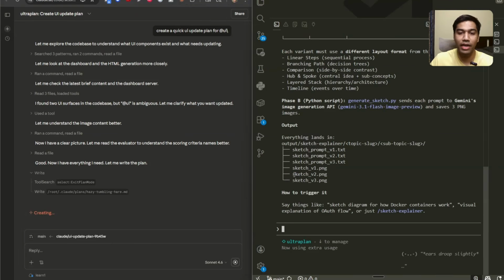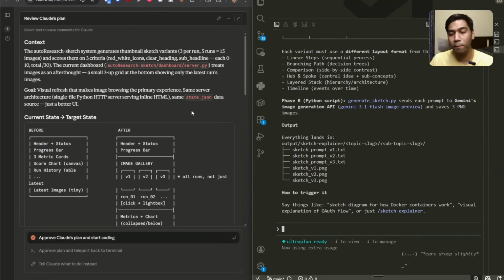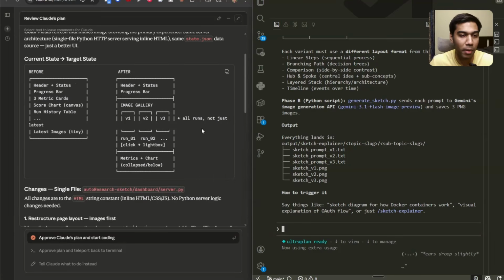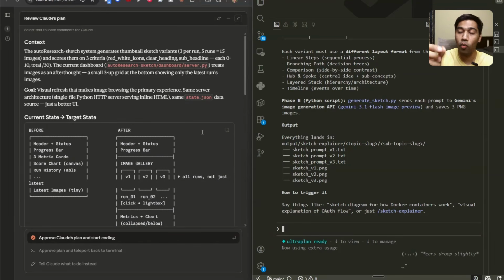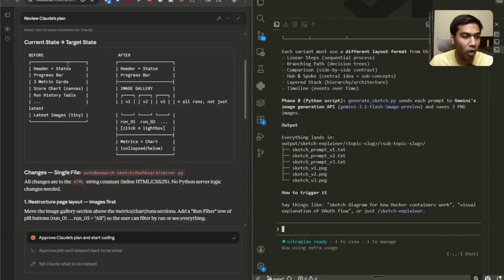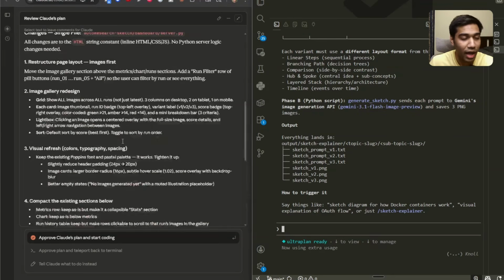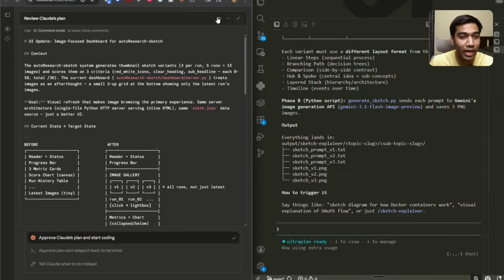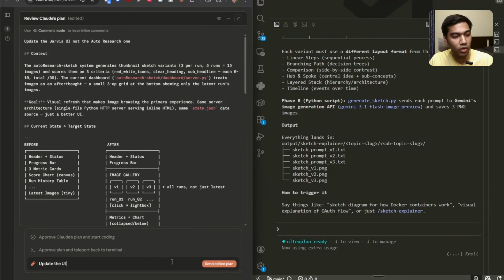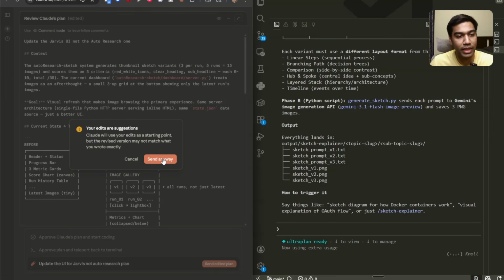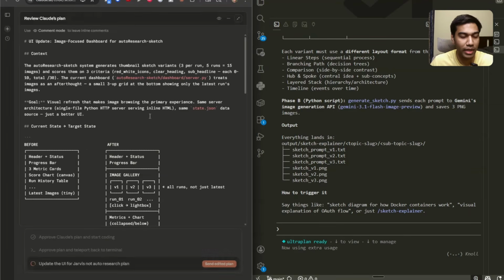The idea here is that we get a complete plan on the web. As you can see right here on my screen, it has come up and is also looking much better than what I would be able to see on the terminal. It has given multiple options here for me to change stuff. I can approve the plan, change it, update it. I can also give inline comments. So I can say update UI for Jarvis, not auto research, and